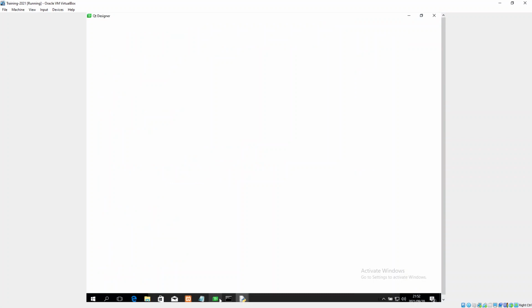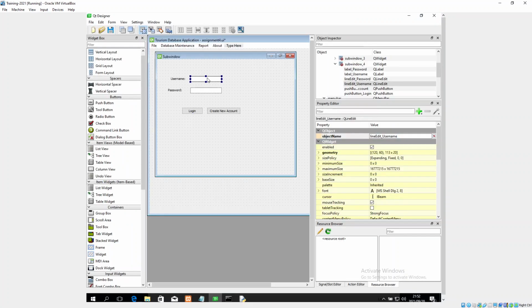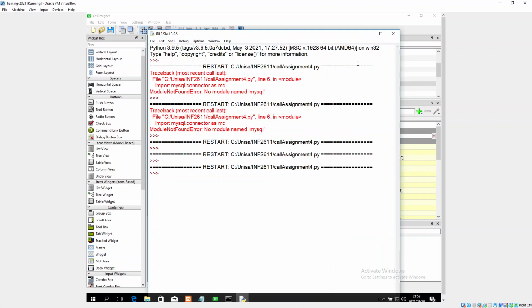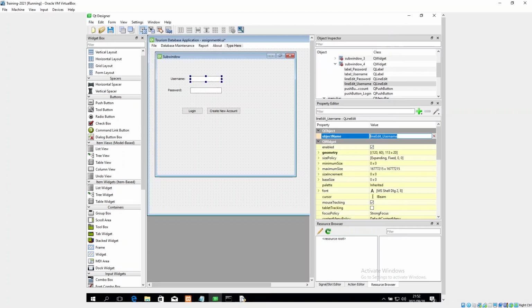Okay, so if I go back here, I've got this here, this line edit. So I'm just going to copy this line edit out here, and I'm going to paste it in my code. I'm actually going to close this screen down so I don't see that's there,